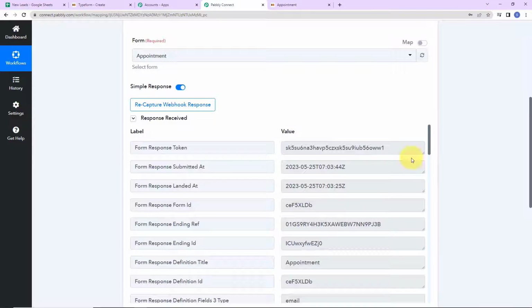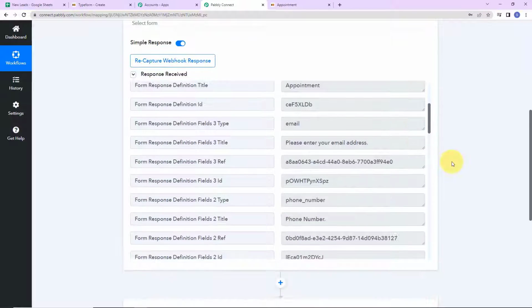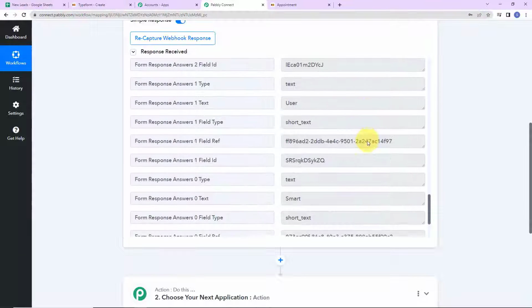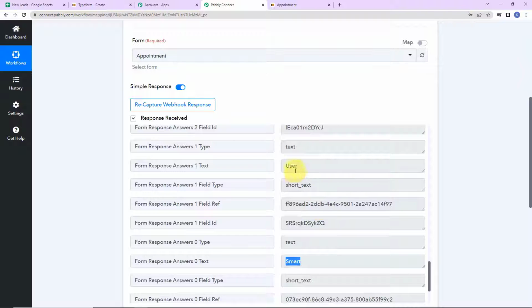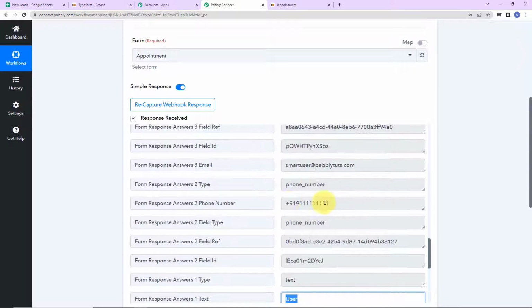Now I'm going to take you back to Pabbly Connect, and here you can see that we have received the API response. So let me take you down, and yes, here you can see we have received the first name, last name, then we have the mobile number, and here is the email address. Now what is my objective? That once I have received the response, first it should check whether this particular response already exists in my Google